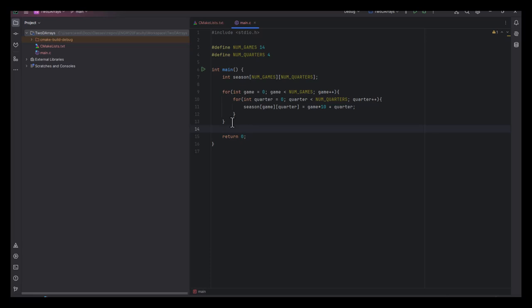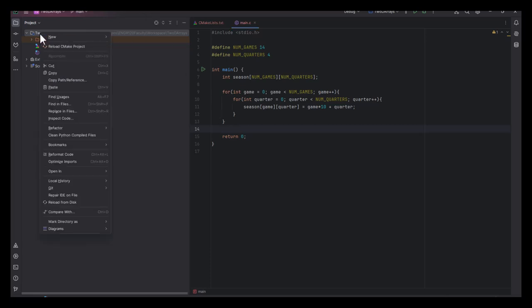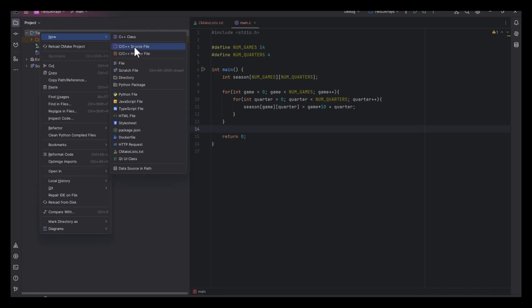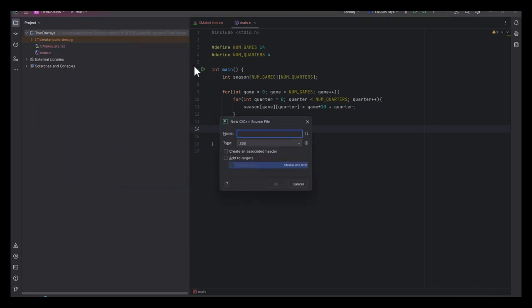So I have that so that now I can write some tests. What I want to build is a set of functions that do statistics on that array. So that array has in it, presumably, the number of passing yards that we got in each quarter, in each game for the season. So I'm going to make a new C source file called stats, let's say,